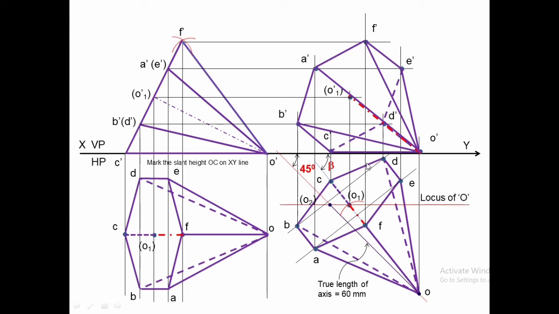For the given problem, he says that a hexagonal pyramid is lying with one of its slant edges on HP, which makes equal inclination with VP, that is BO and DO, BC and CD, they make equal inclination with VP, and here the axis is inclined to VP by 45 degree. We are going to draw this with the apparent true length and the apparent length of the axis. We are going to get the final view like this.